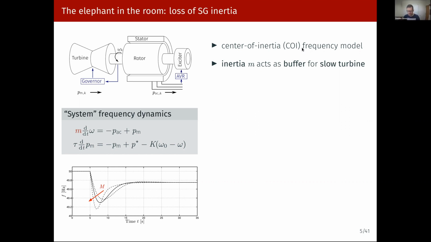So this is a model where basically you use a weighted sum of the generator frequencies to model the system frequency. And as we discussed, the inertia acts as a buffer for the slow turbine. So you can see here, if you put a load step into the system, here's the frequency response of this center of inertia frequency, system frequency dynamics. If you decrease the rotational inertia m, you see that the frequency dips faster. So you have a higher rate of change of frequency, and it dips to a lower value. So you have a lower frequency nadir. And this is obviously